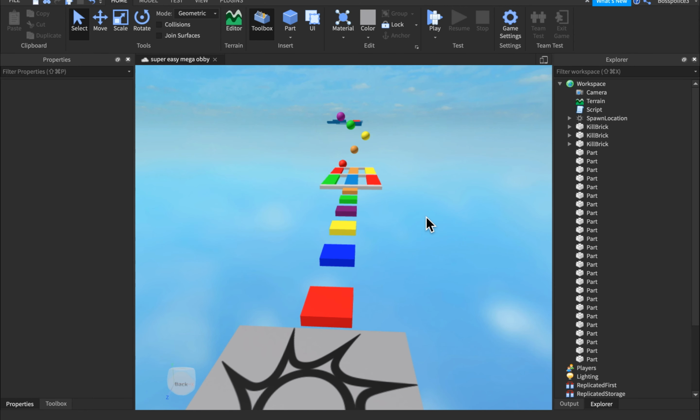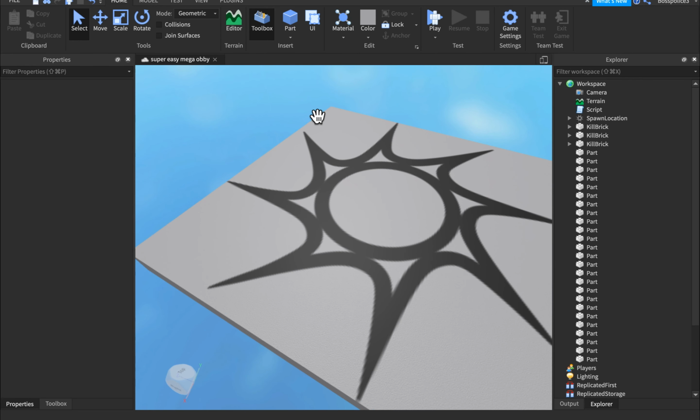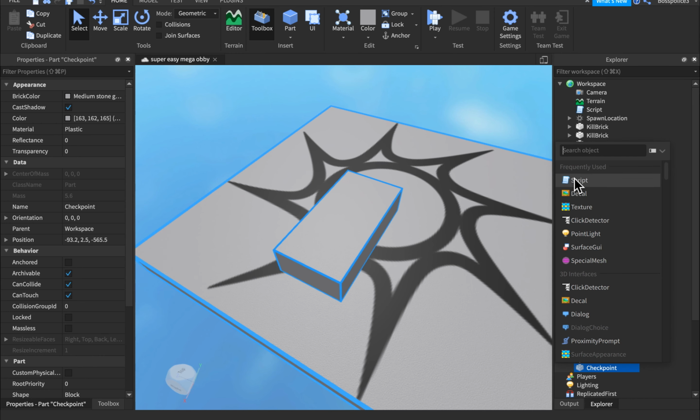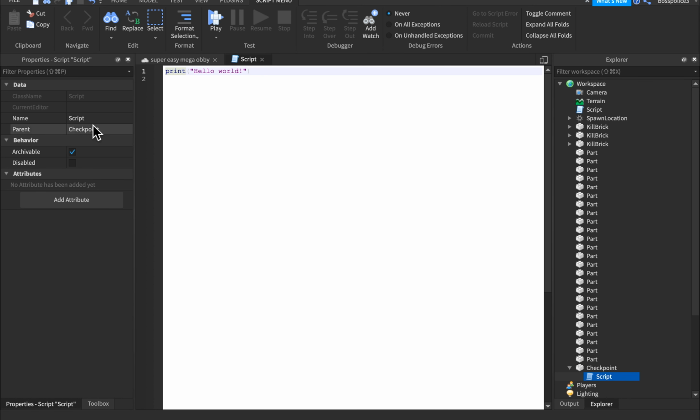Last video we made a kill brick. So in this video we are going to be making the checkpoint so then people don't get really frustrated if they fall off near the end of the obby. Just start by placing a part, then rename it to checkpoint, then add a script to it, then go in the properties and we want to rename the script